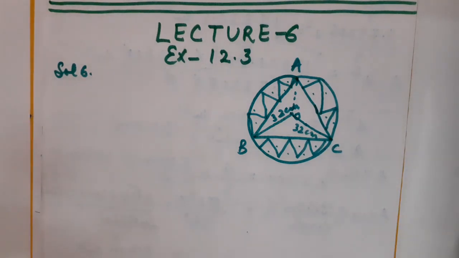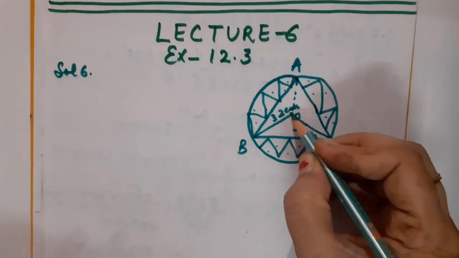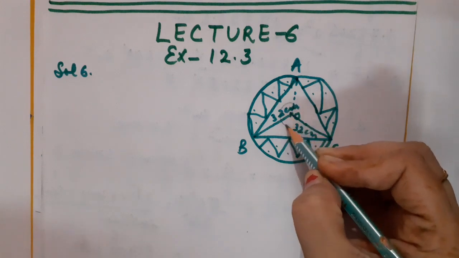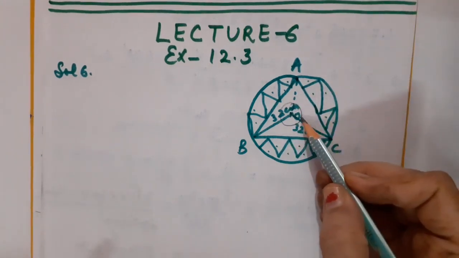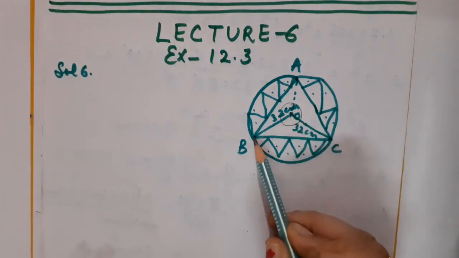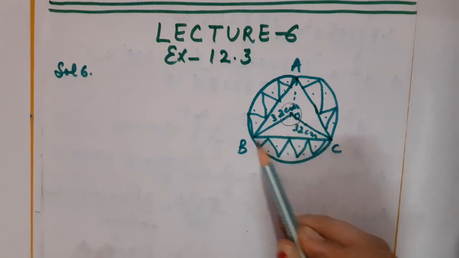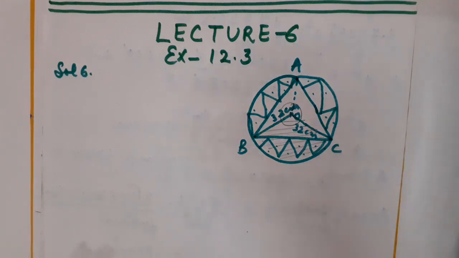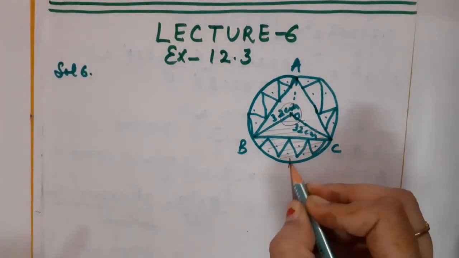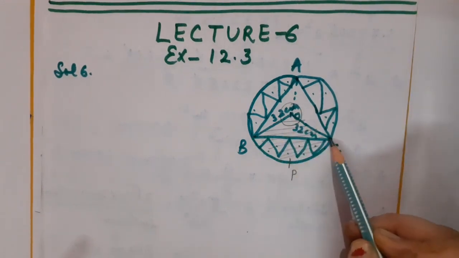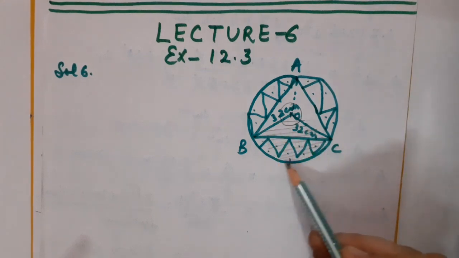Correct, children? Okay. Now just tell me one thing. As you know that this is the center point, and at the center, if I talk about the complete angle, then the complete angle will be of 360 degree. As you can see, children, if I am talking about this OBCO, this complete part is nothing but the sector of the circle. Yes or no? You can even give the name also here. Suppose if you want to give the name, so how to read it? OBPCO. So this complete part is the sector of the circle.